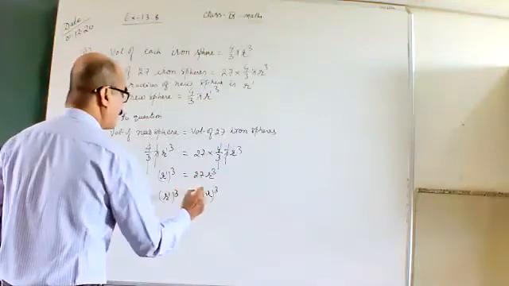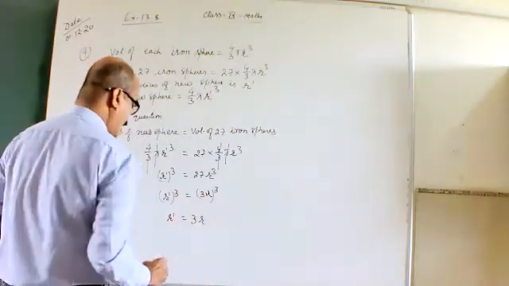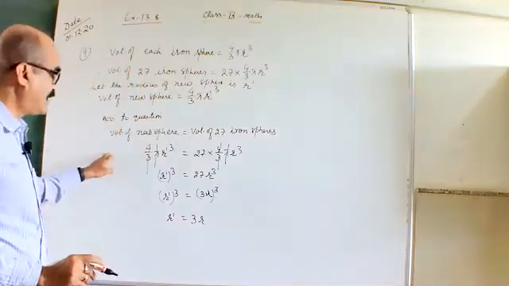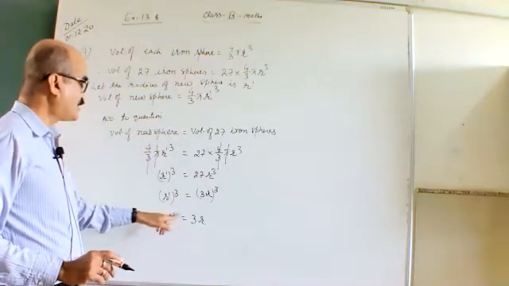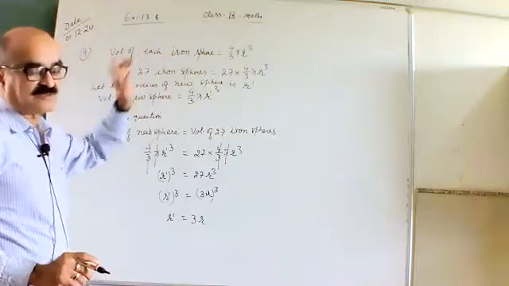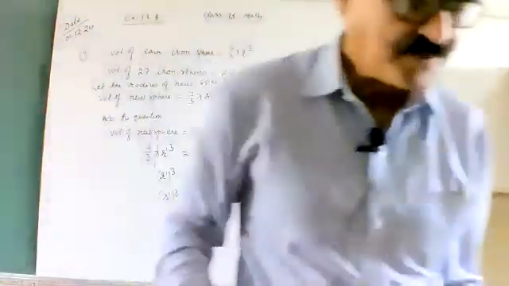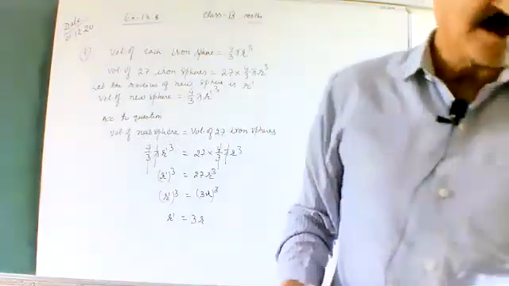Both sides will be cancelled. So r dash will be equal to 3r. Okay, so the radius of the new sphere will be equal to 3 times the radius of the solid sphere. This is the first answer. Now we move on to the second one, the ratio of S and S dash.